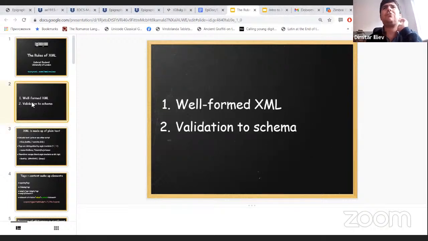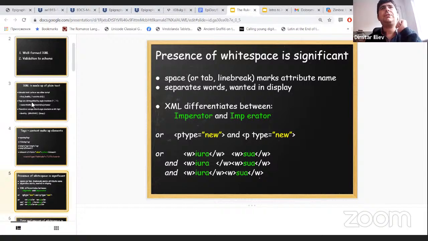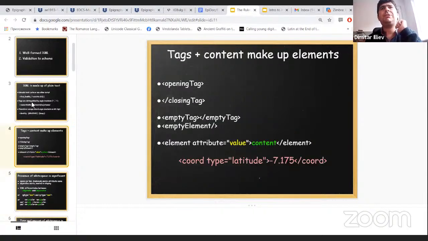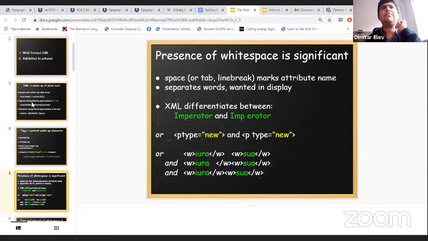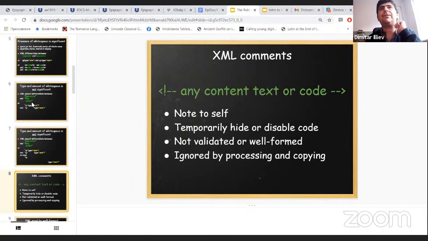The XML, as we said, should be well formed first, and then valid according to a schema. You see the opening and the closing tag, element, attribute, value, and the content. The spacing that we mentioned,